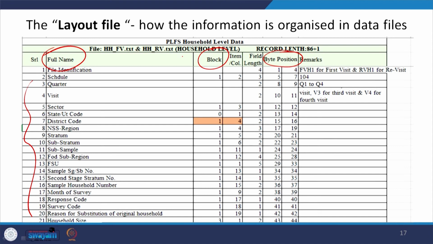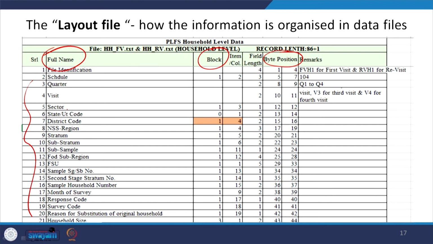Now, the latest round of the economic census was the 6th Economic Census. We do not have more rounds yet. If it is published, you can check accordingly. Now, let me also understand some of the information for defining the common characteristics. It varies from NSS round to different rounds.